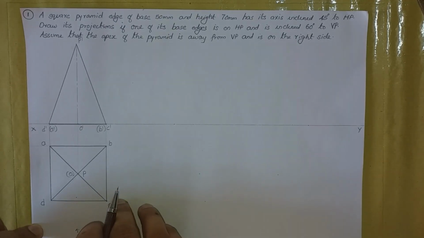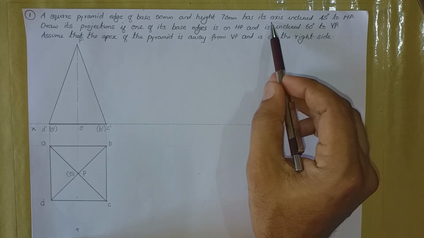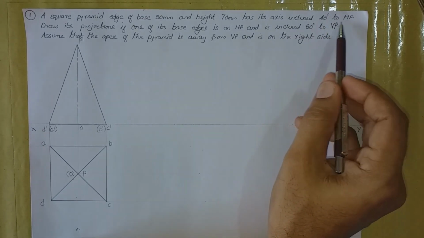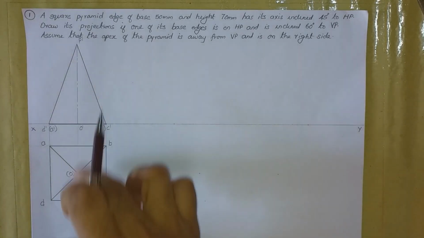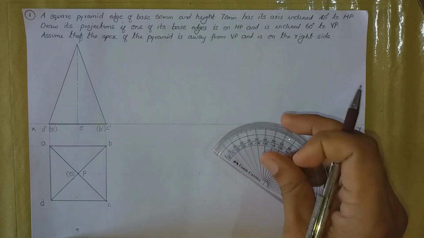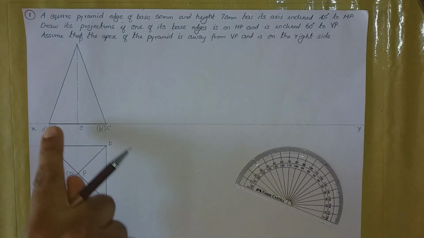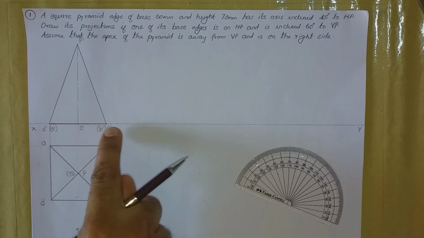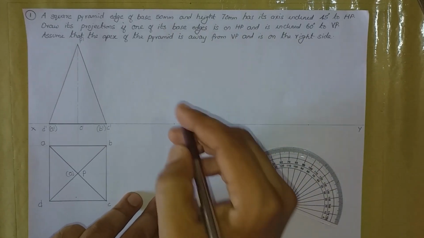And now we shall apply angle theta. So theta is for the axis. Axis is inclined 45 degrees to HP. So you leave some distance from the first set of diagrams and take an angle of 45 degrees. Suppose the base is, in this case, having a length of 50 mm. You take 60 mm to the right hand side from this particular point and